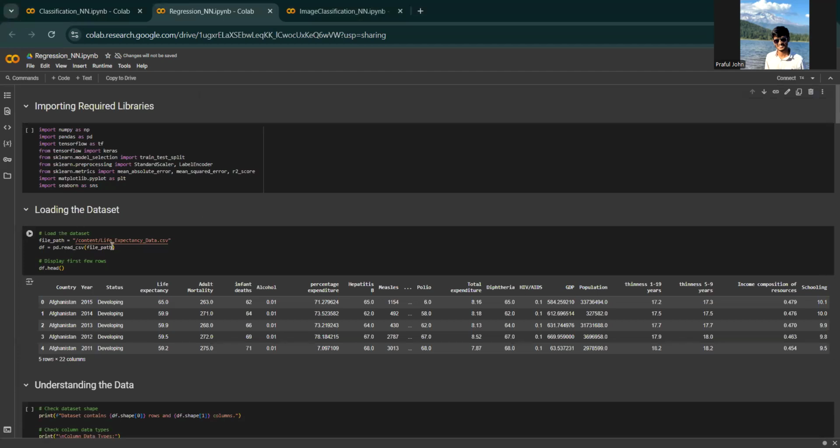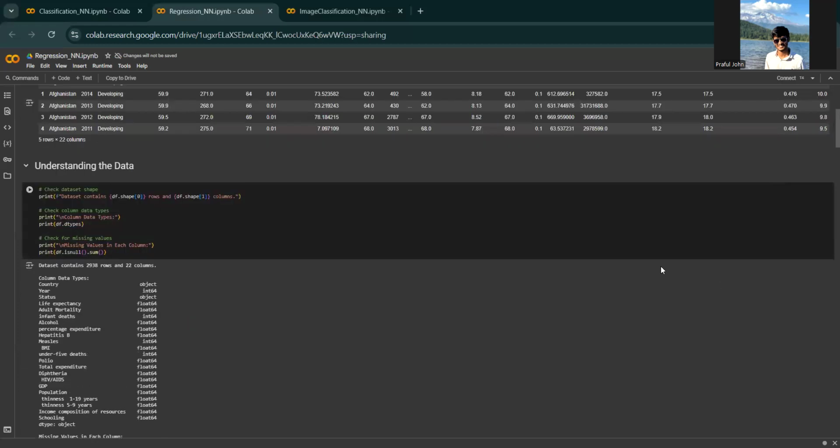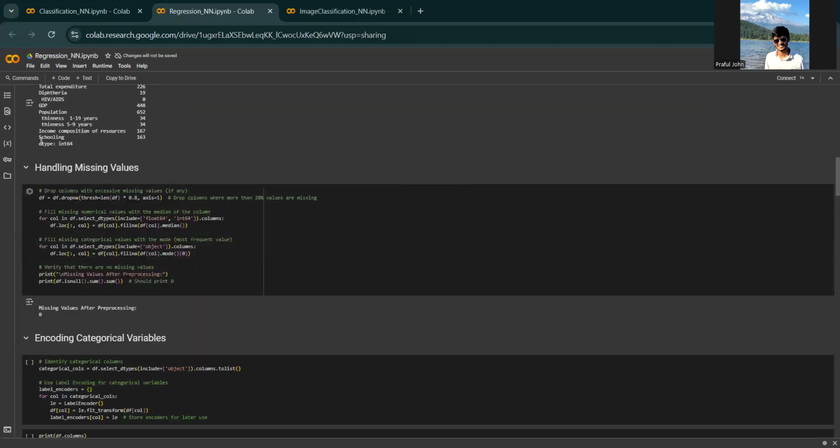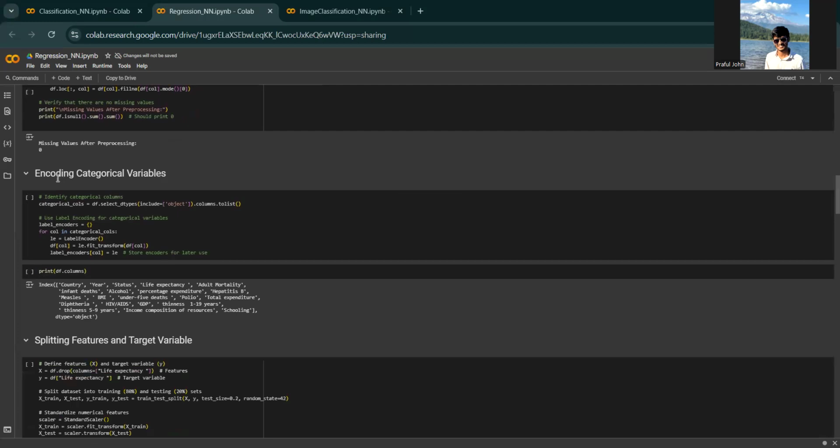Here we have taken life expectancy data from Kaggle. We'll start by understanding the data set. This is how our data set looks. It has some missing values. We'll handle the missing values by dropping some values. We'll pre-process,